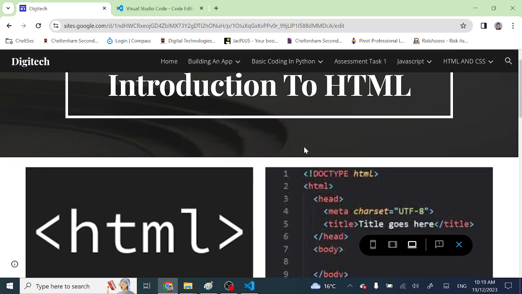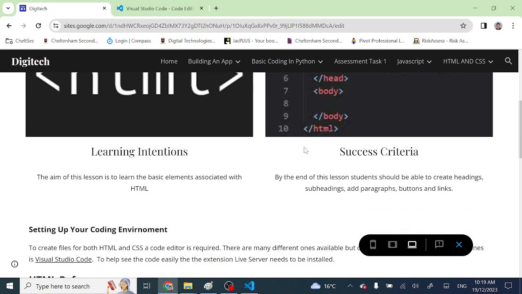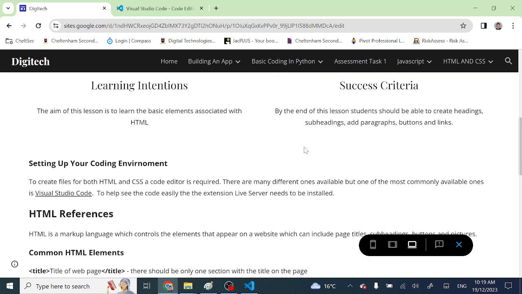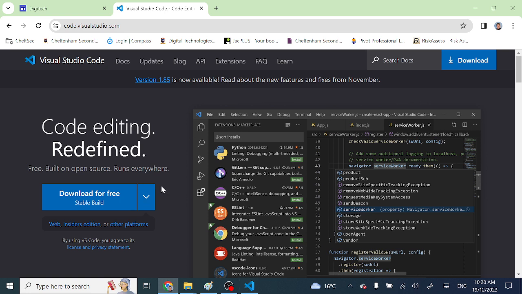So the first thing we need to do, and this is a one-off that we have to do right at the start, is to set up your coding environment. So whenever you're producing code, you need a code editor. Now there are many of them available, but the one that is very common, most people use it, is one called Visual Studio Code. So you can click on the link here to go here, and it will take you to this site here,